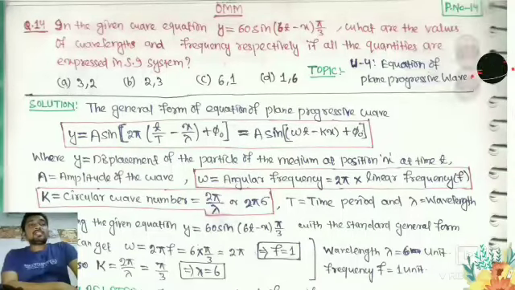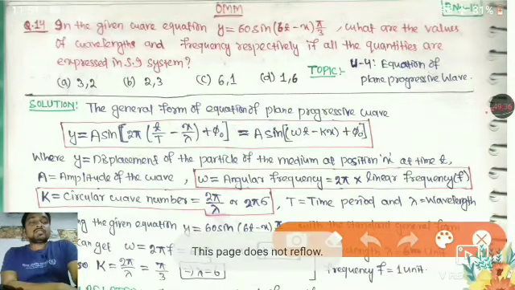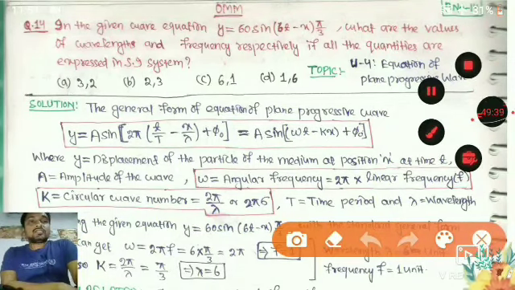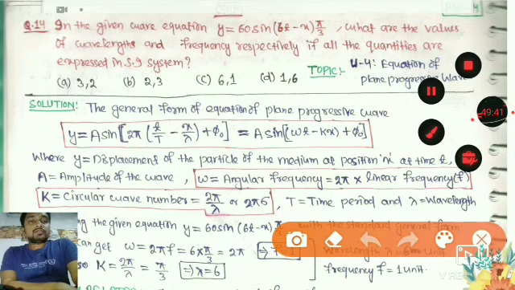But the question gives an equation, y equal to 60 sine. Comparing, A is equal to 60. What is omega? Omega is the coefficient of small t. So omega equal to 2 pi f equal to 6 pi by 3, so omega equal to 2 pi, f